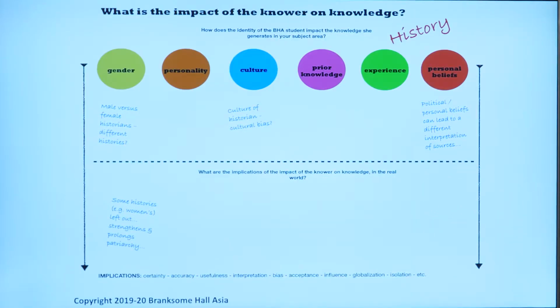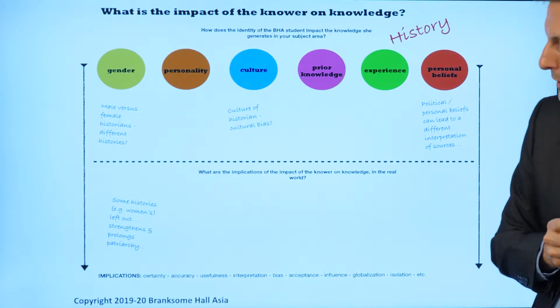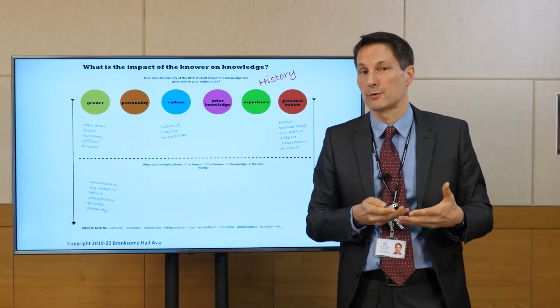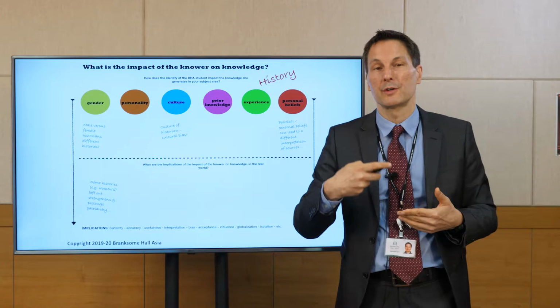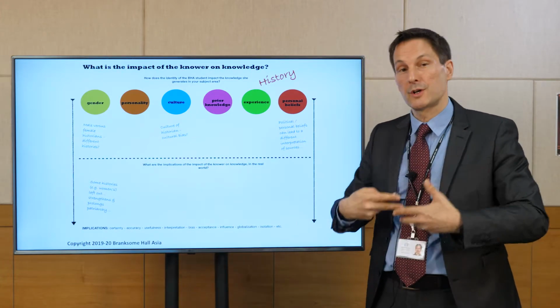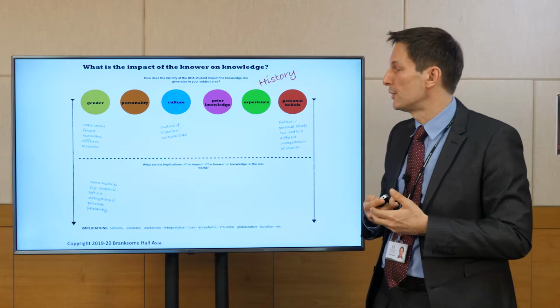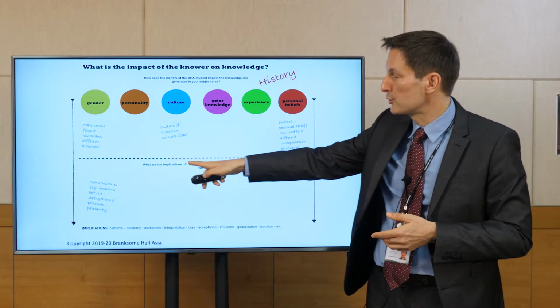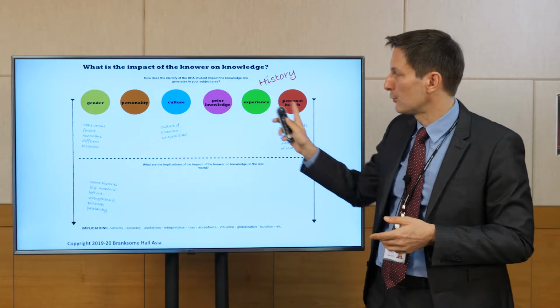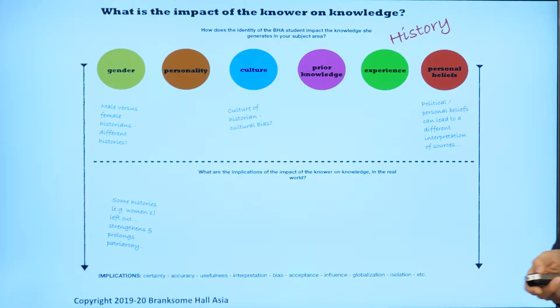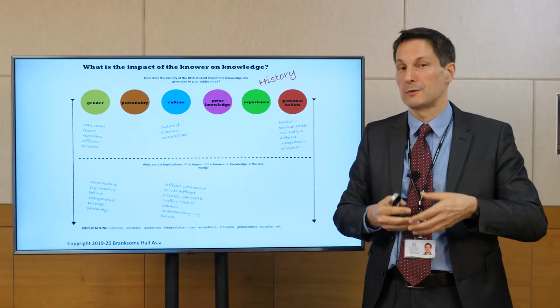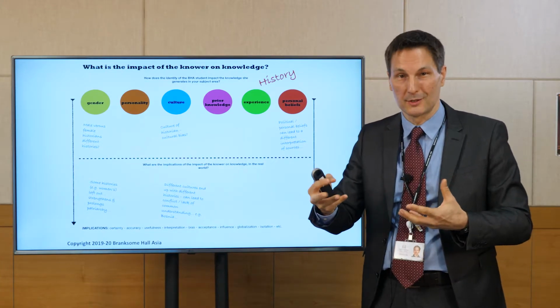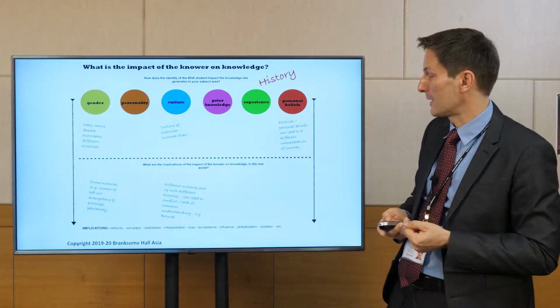And then in terms of implications, we could say some histories, such as women's history, have been left out for hundreds and hundreds of years. And that this in turn has helped to strengthen and prolong patriarchy, that sense of male dominance over the human population. And so that's a very important implication to consider out of all these ideas, particularly relating to gender. Different cultures end up with different histories. That's another implication. You know, the history of North Korea, the history of South Korea is going to be very different depending on who writes the history. So you're going to get a different sense of the past and the way that happened.